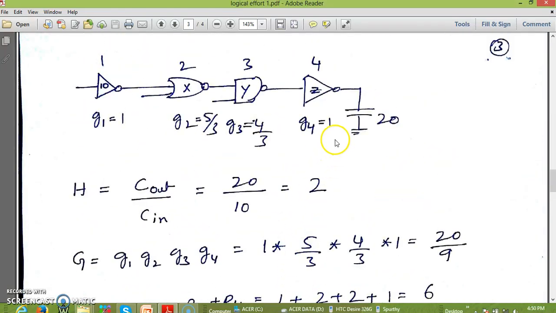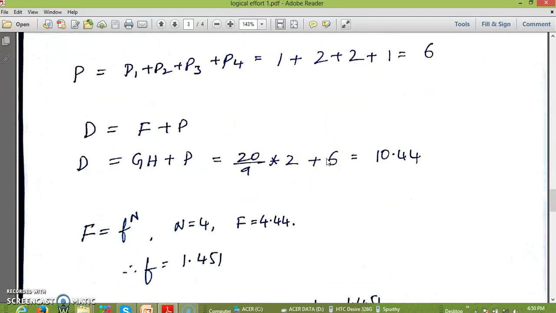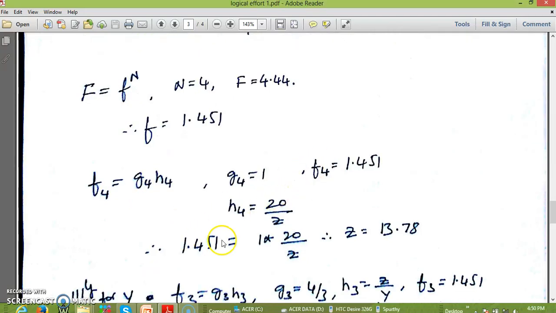As we know, H4 is nothing but the electrical effort of this stage, which is given by the output capacitance to the input capacitance. We know the output capacitance, but we don't know the input capacitance because we don't know the sizing of this inverter, which is 4 here. Now we can actually find out the size of the inverter here. Whatever the value of Z comes here, you can estimate the value of Z by substituting into this equation. Now we know the value of G4, we know the value of f4, so H4 can be obtained using this equation. H4 is actually 20 by Z. So out of H4, 20 by Z, we don't know the